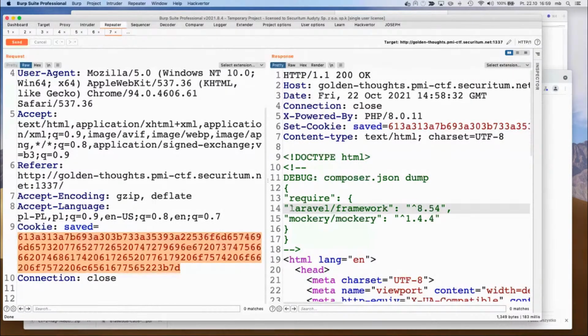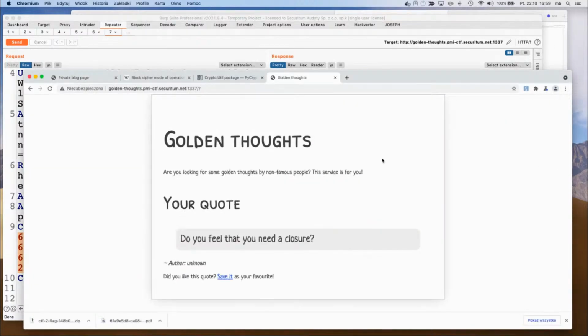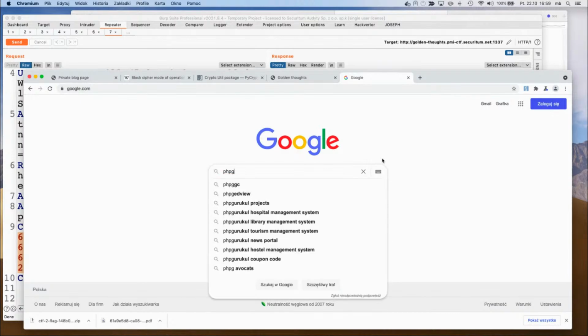We also have a little bit of a hint that the frameworks being used in this application are Laravel and also Mockery. Certain libraries have a chain of classes that can be abused in order to execute arbitrary code. Originally the challenge was supposed to be about finding your own chain of classes, but it turned out that you can use a well-known tool, because one of the chains from the tool works here. And the tool is called